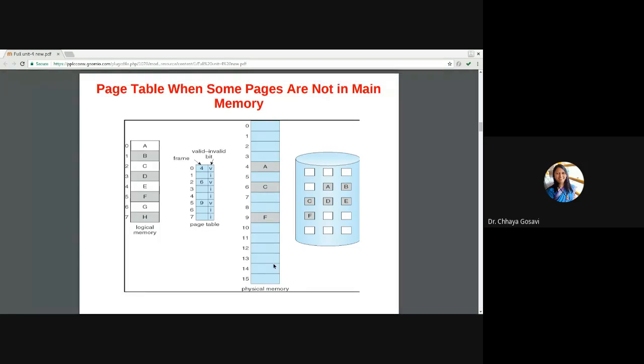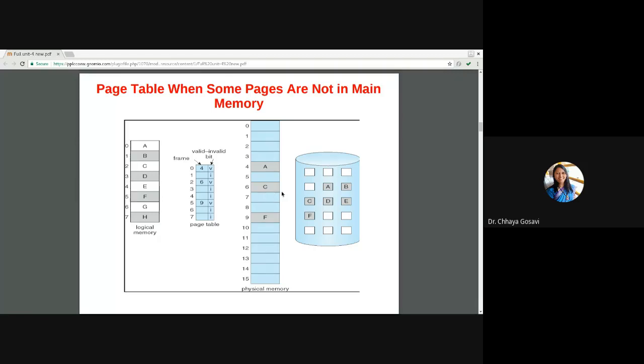So if there is a free frame, you can swap that page into that free frame. Now for that page, change this entry with this frame number, say 13, and make this invalid bit valid. But if all these frames are already occupied, there is no free frame, then you have to make a frame free with a page replacement algorithm.